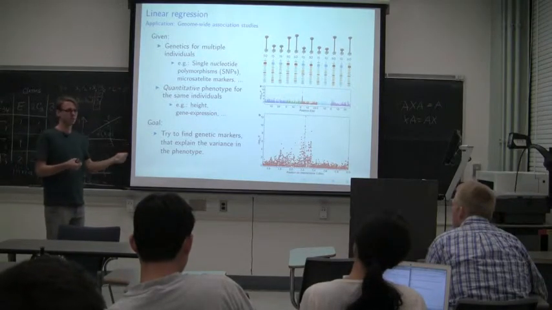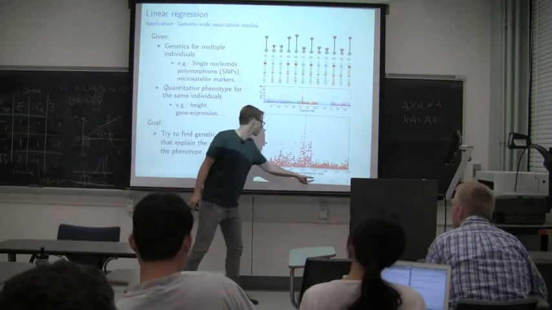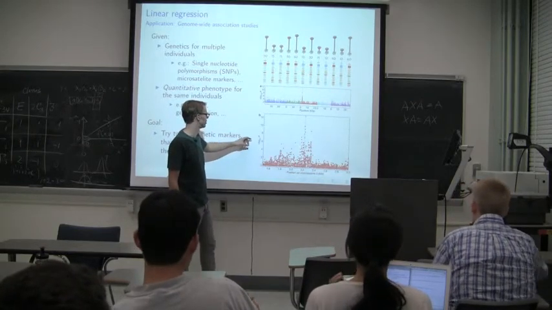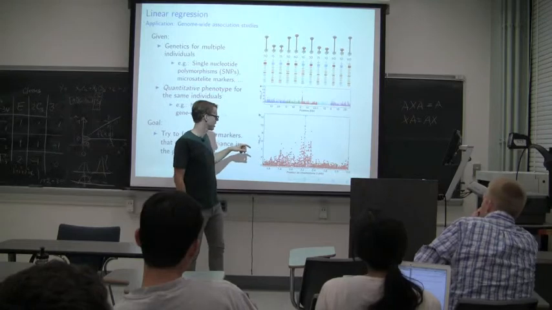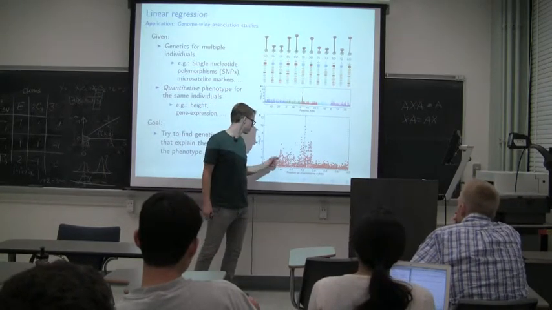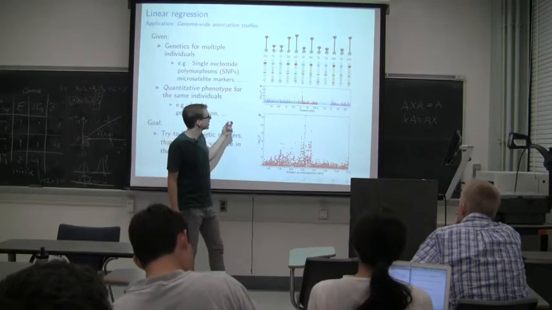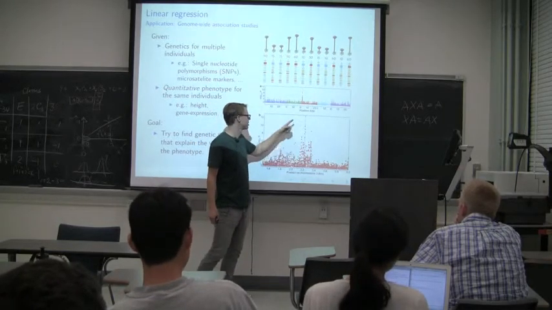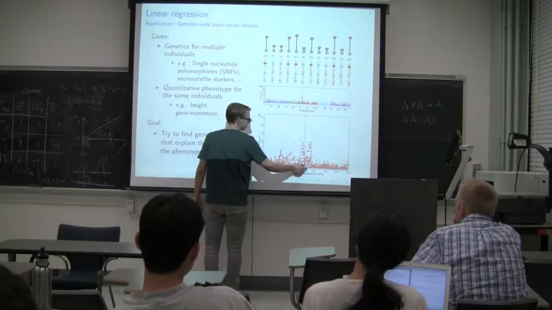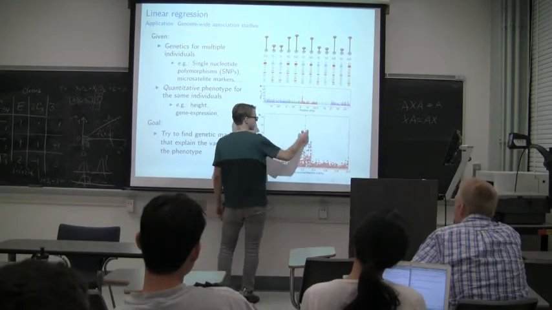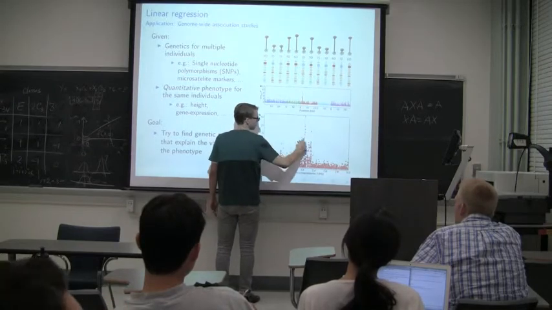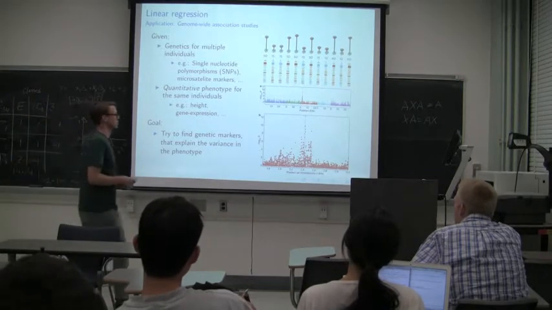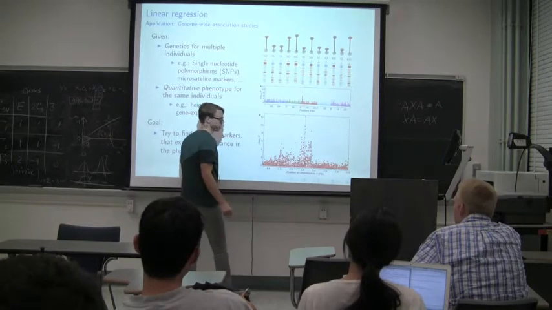And so if we, for example, have this plot where we plot the position on the chromosome and some measure of statistical association between the phenotype and, so each of those dots is basically a measure of association of a single nucleotide polymorphism, a single SNP, and the phenotype. And we see that here there's some peak, so there's probably something that is associated, but also around this peak there's a lot going on. These peaks are not just one SNP, they are broader, and that's why we can use them as markers,